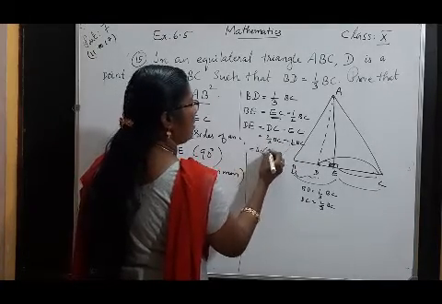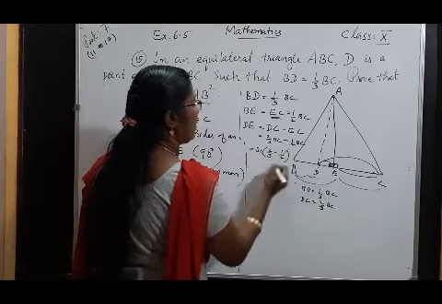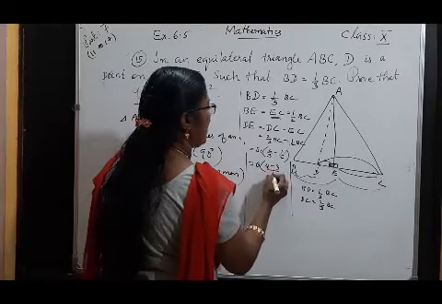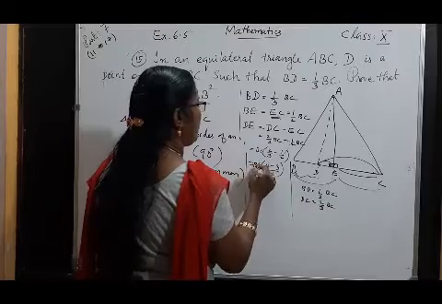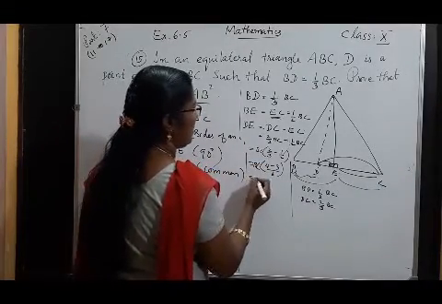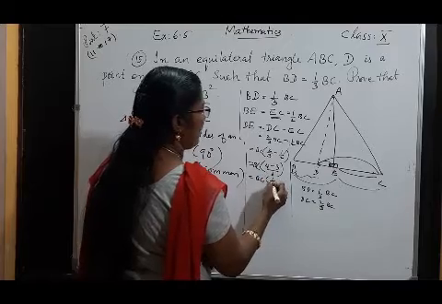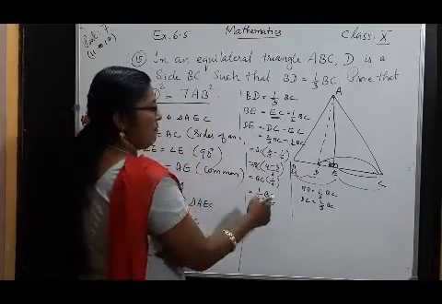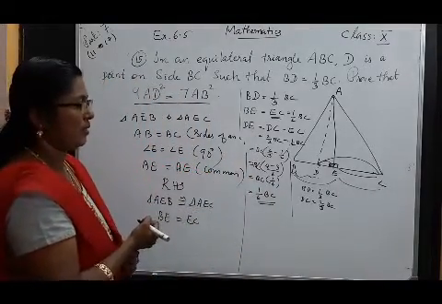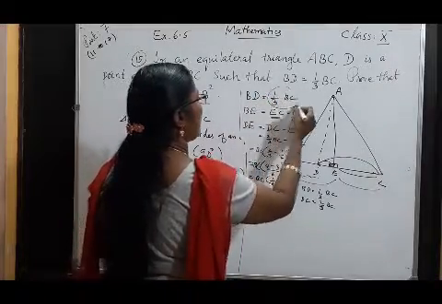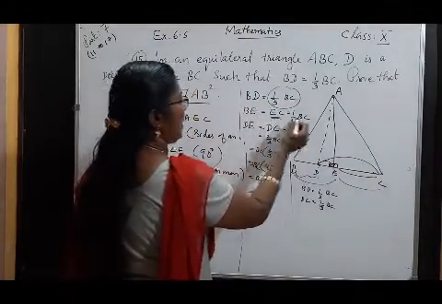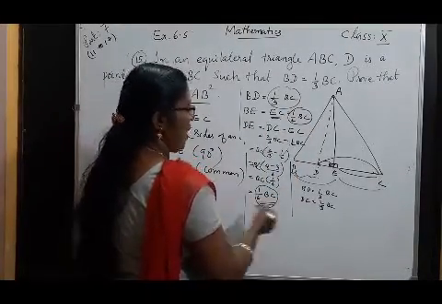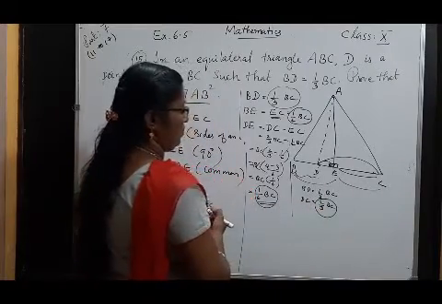Then here, BC common, take outside: 2/3 minus 1/2. That is BC into (4 minus 3)/6, that is BC into 1/6, equal to 1/6 of BC. DE is 1/6 of BC. Then here BD is 1/3 of BC and BE and EC is 1/2 of BC and DE is 1/6 of BC and DC is 2/3 of BC.